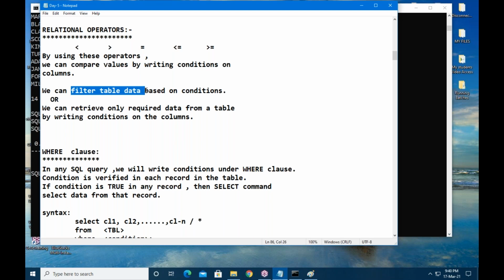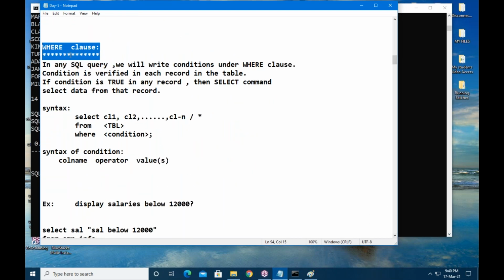Let us assume we are writing a query, select query or update query or delete query, whatever it is. In that query, at which place will we write conditions? We will write conditions under the where clause.